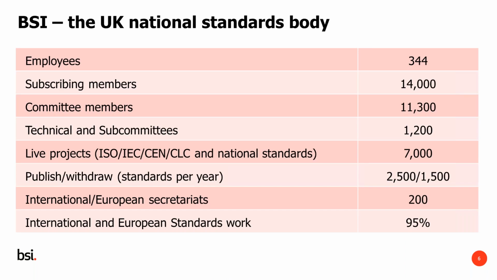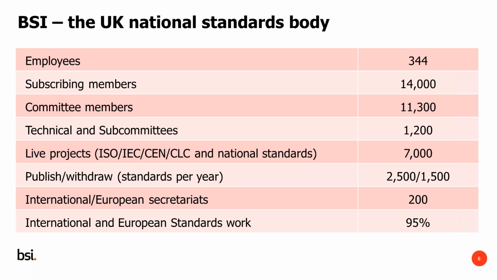As the national standards body, it's quite a large undertaking, and here are some numbers that highlight the scale of the operation we do to perform that function. We have about 340 employees, based here in Chiswick in West London, working on standards development activities. But I think the key numbers here for us really are the network and the experts, in other words, you guys, who help drive the standardization activities. Our committee members are our lifeblood, and we have over 11,000 of those working across over 1,200 technical committees and subcommittees doing standardization work for us, developing British standards, European standards and international standards.